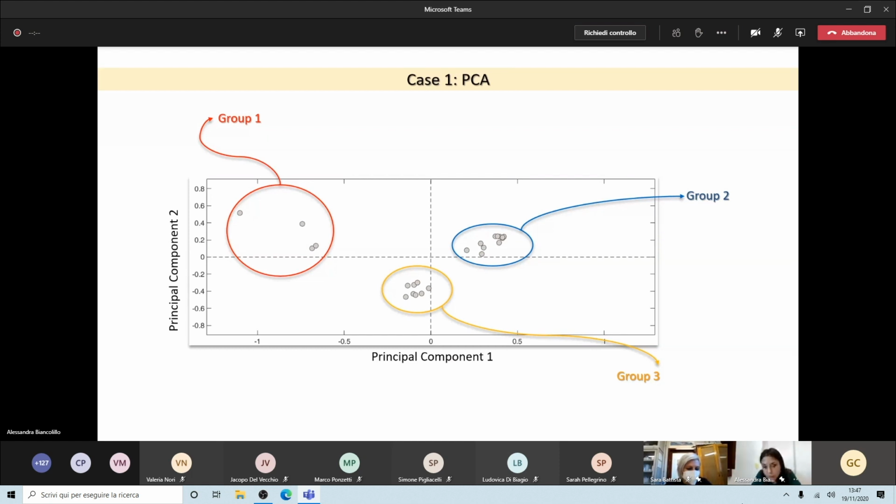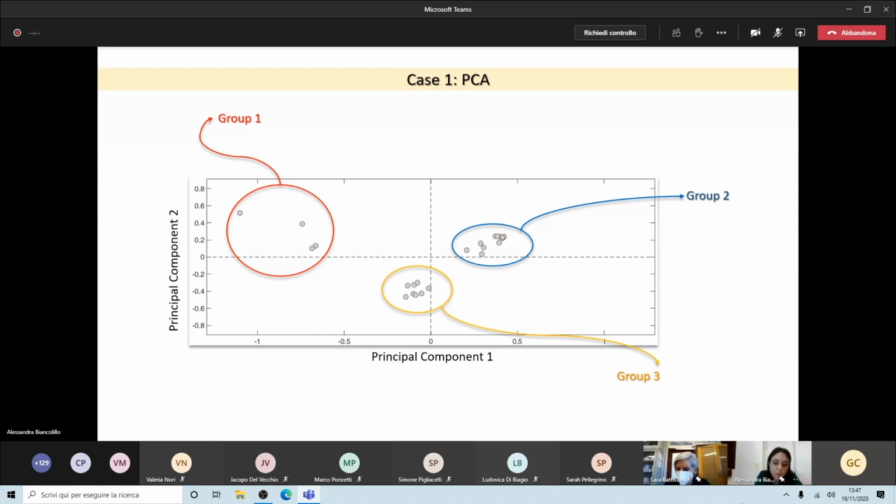Then we went back to the archaeologists and showed them this plot. Obviously, we gave them the labels of these samples, and they provided us with the information about the age, because they are actually able to understand the age of some findings by looking at the tones or the cracks on the bones.